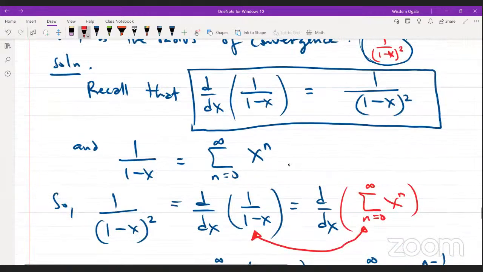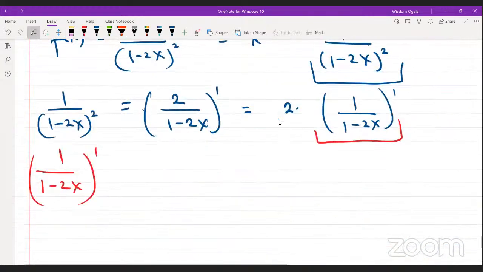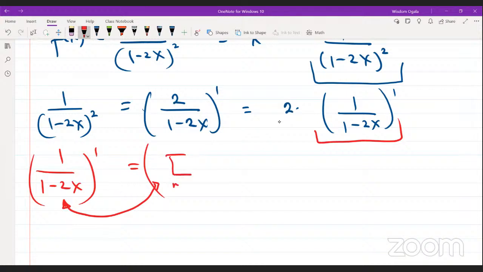Now, you see this quantity, we need it. Pick this one I have on the inside. Now, in terms of this here, you want to replace your x by 2x, right? So I'll have a series